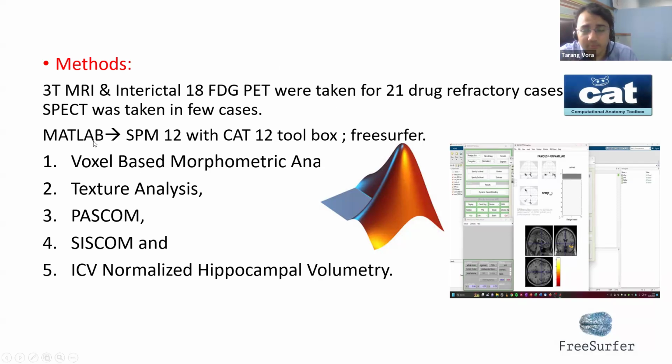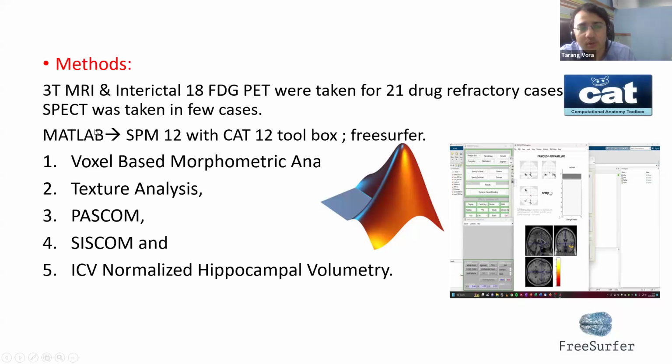We process the data ourselves. I have a lot of software on my computer. Apart from being a neurosurgeon, I am sort of an engineer also, spending so much time on FreeSurfer, CAT, MATLAB, so many things. We don't have an engineer here at Apollo. Maybe bigger institutions have the liberty of having an engineer to do all this analysis. Currently, I'm doing it on my own. But in future, if we do have somebody to take care of this part, it would be really helpful. As of now, this part of care is completely my responsibility.